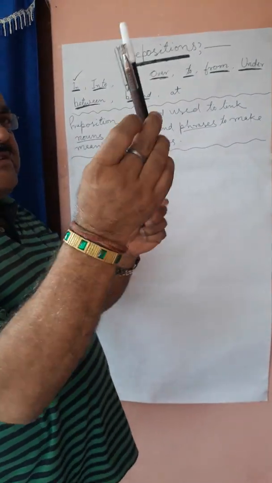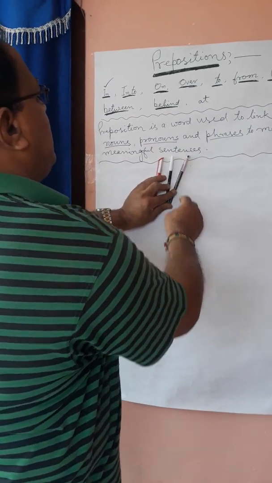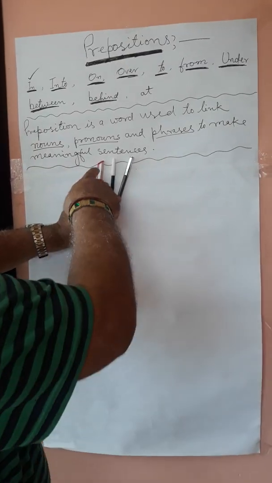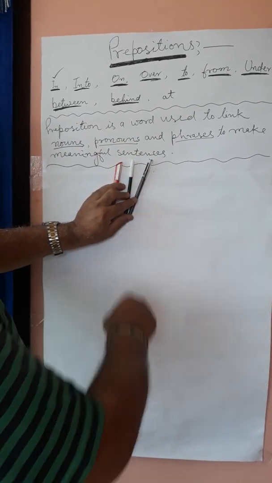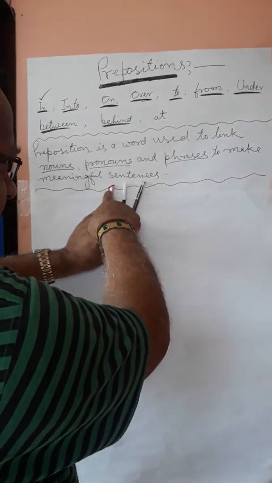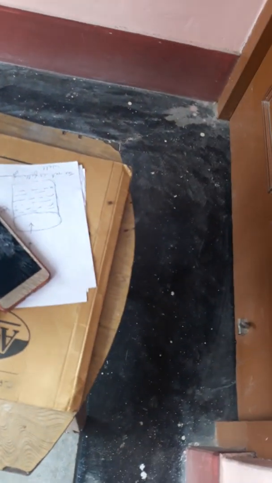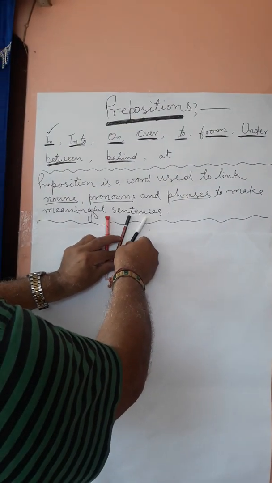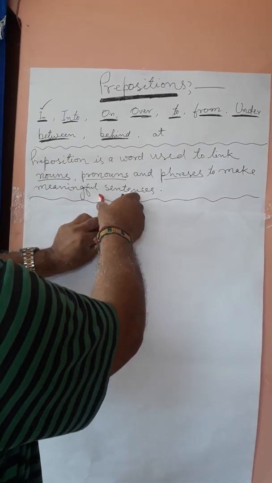See here. Here are 3 pens. But where is the black pen? You can write, your black pen is between the red pen and the brown pen. Now see here. Where is the pencil? The pencil is between the black pen and the red pen. Okay?